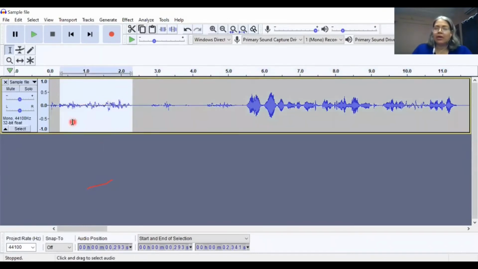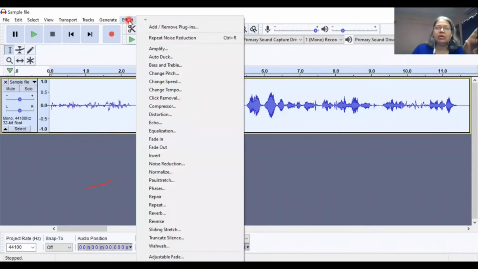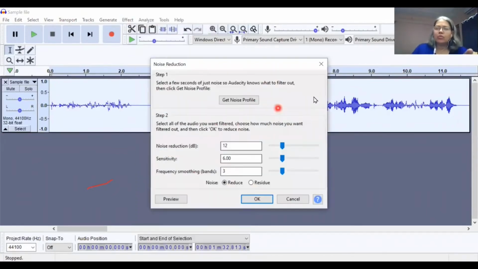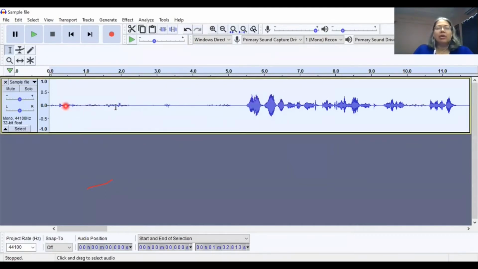Then I go to Effect, the drop down menu, then noise reduction, left click. Again the same box, but this time down at the bottom you see the OK button highlighted. So now you want to let it reduce the noise, and see the noise has considerably reduced.